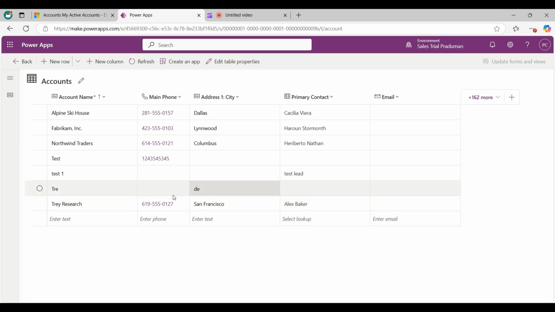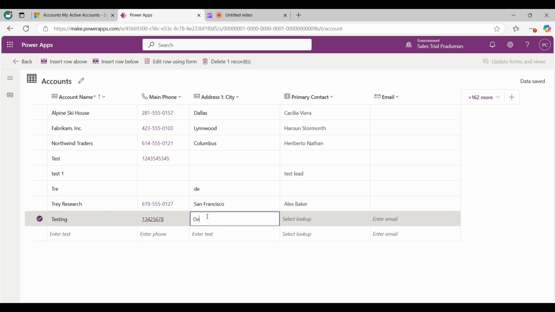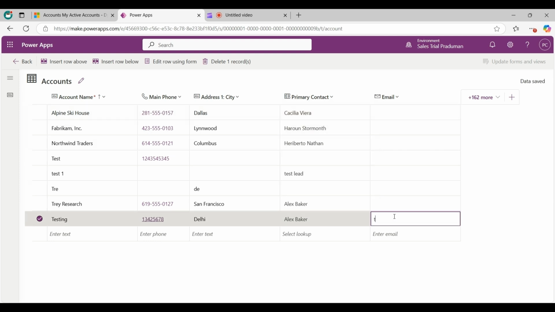Now give the details. Account name is testing, and in phone I am giving 13425678 like that. In city I am giving Delhi, and select the primary contact from the lookup, which is Alex Baker, and give the email testing@gmail.com. And if you go ahead and add another one, there you go, and you can enter your data